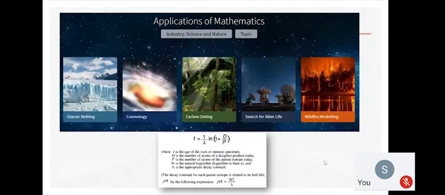So the application of mathematics in science and nature has broad application. Most of the mathematical calculation in this field is done by data analysis. If we have data for the last 100 or 200 years on glacier melting, cosmology, as well as wildlife modeling, we can understand how it is going to happen in the future through some small mathematical models. We also need to understand this type of data through particular statistical methods as well as differential equations